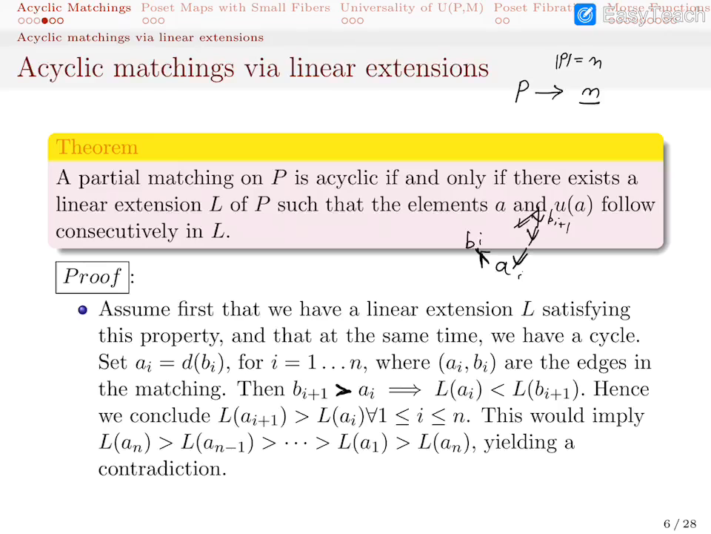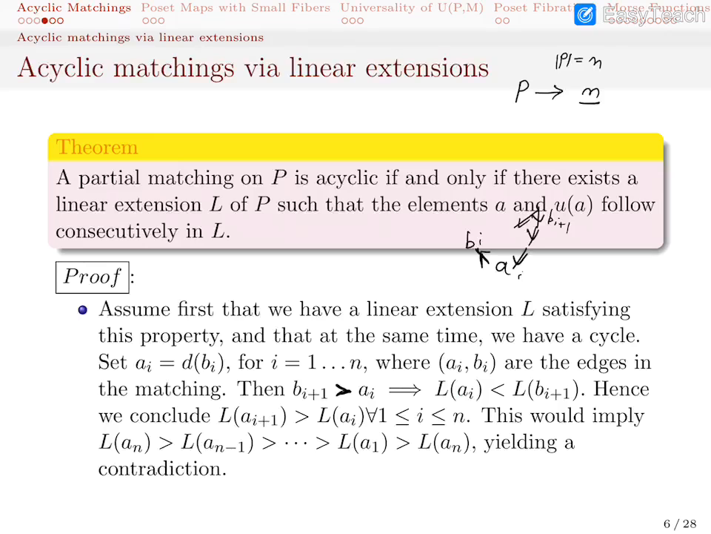And this implies that L of A_i is less than L of B_{i+1}, right? Because this is an order preserving bijection, so this will be a strict inequality. But then from that we could conclude L of A_{i+1} is greater than L of A_i. The reason being, because this is a chain, these two things will be comparable, and thus by trichotomy three possibilities are there. So equality is not possible, because that would imply A_{i+1} is equal to A_i, a contradiction. And if L of A_{i+1} is less than L of A_i, then you can sandwich L(A_i) between L(A_{i+1}) and L(B_{i+1}),